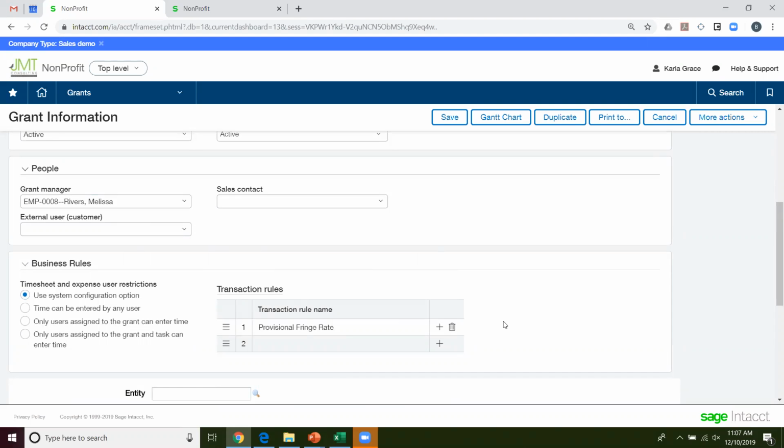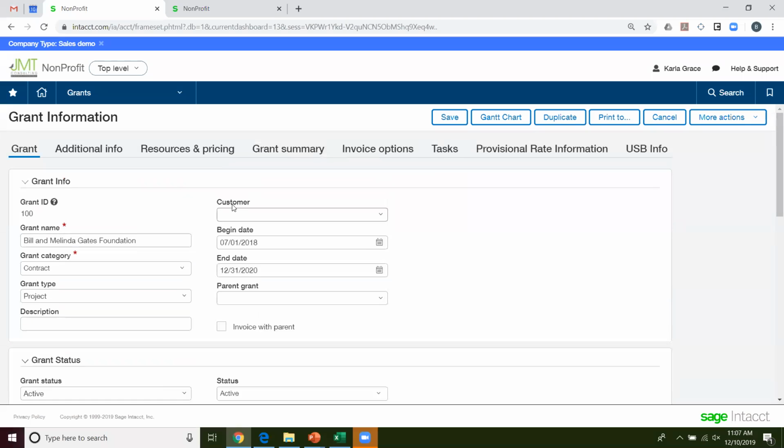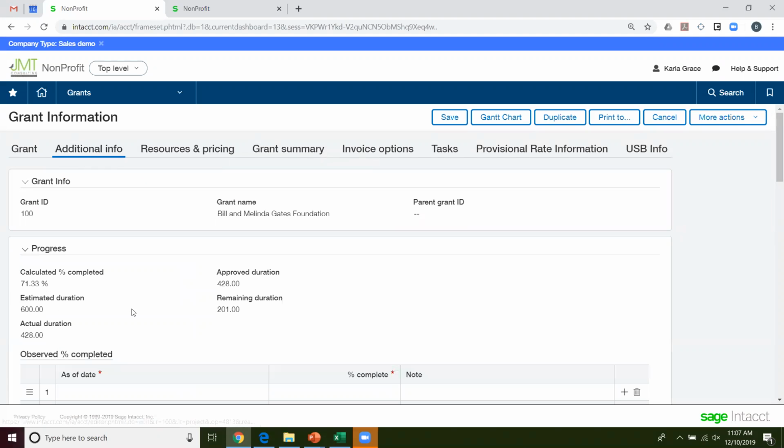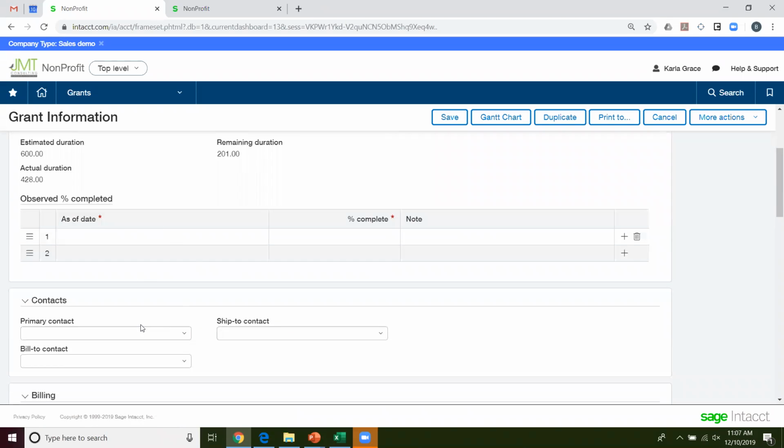So if you're collecting time information, whether you're entering it in through Intacct or whether you are importing it in from somewhere else, you can have the system go out and create some transactions based around that. So we can post provisional fringe rates. We could post other types of things along with that grant as time comes in. Additional information that can get collected here is we can keep track of approved hours, how many hours are remaining against that grant, along with observed percents of completion,